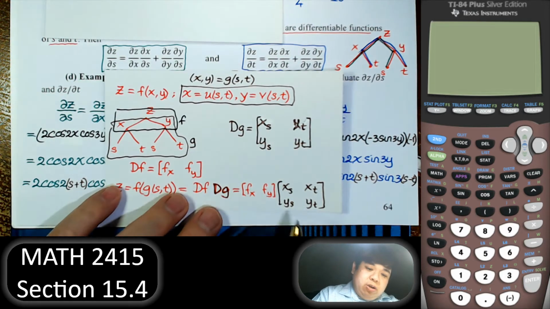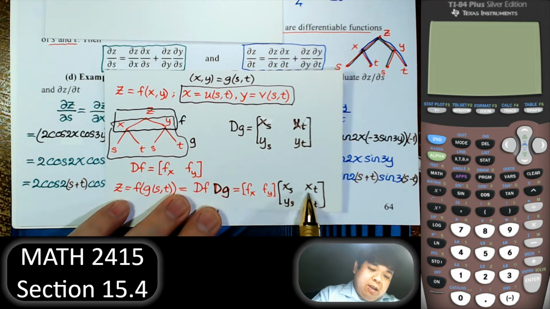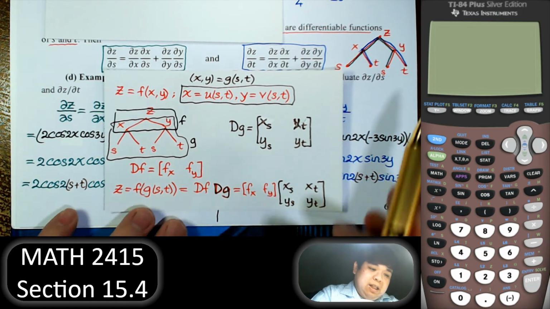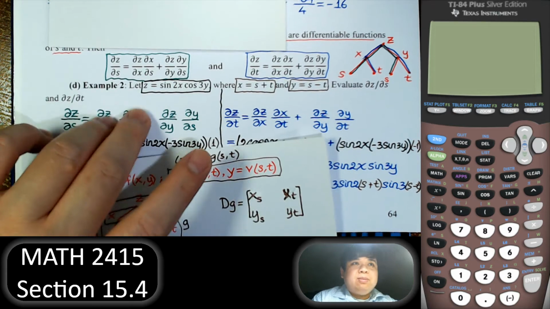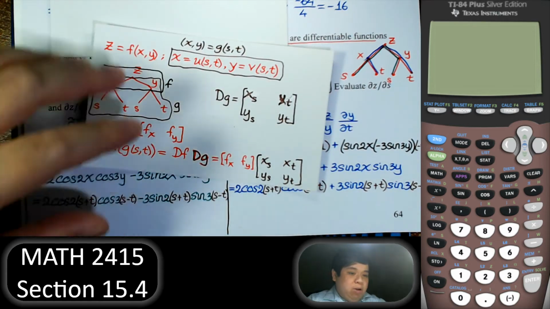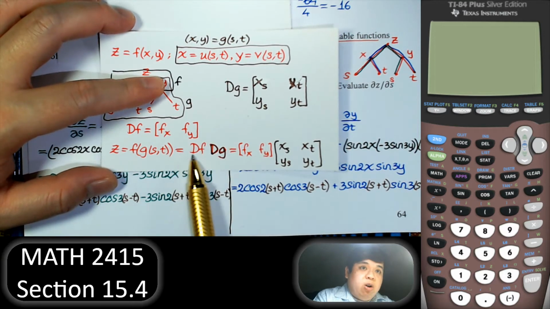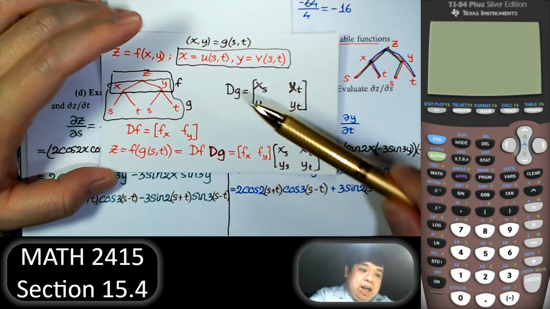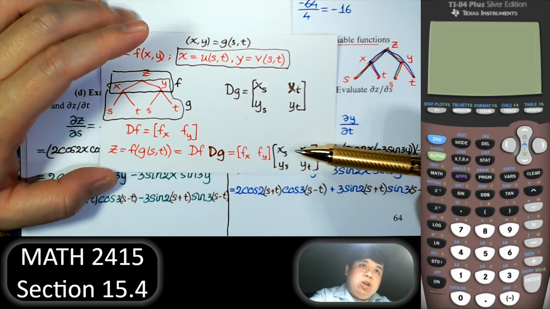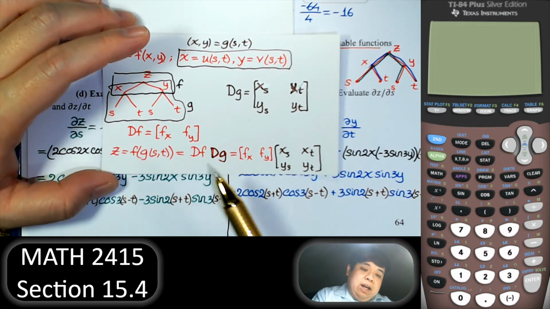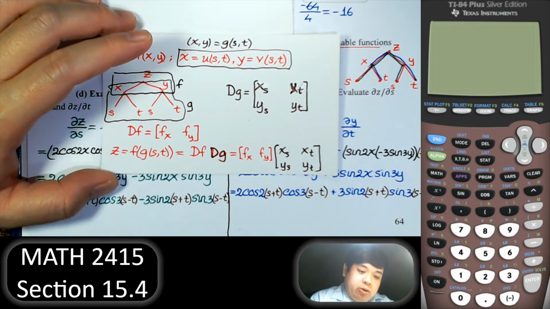Now multiply matrix row by column, and then row by column. We end up with this. So the chain rule in matrix form: for a multivariable function, we can put it in matrix form, and we just do it like this. Each component function corresponds to each row, and each column corresponds to each variable. So we can write this in